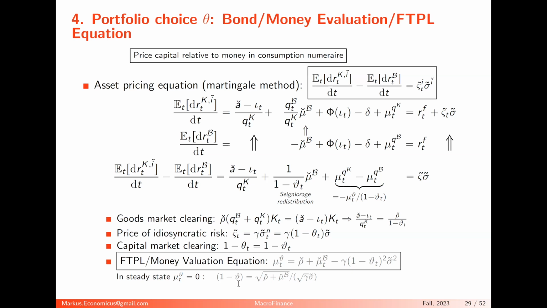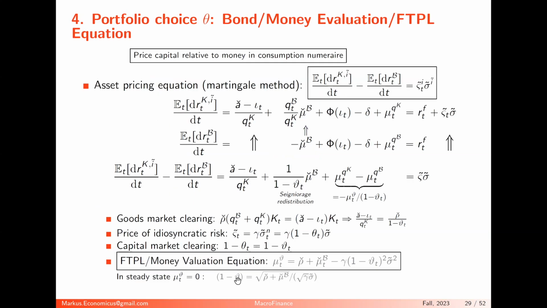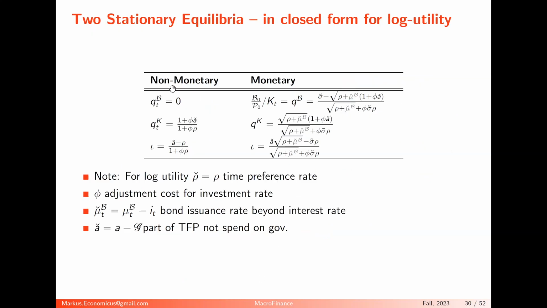Now, this was the open thing. The 1 minus varTheta was the thing in the formulas I didn't have. But now I have it in the steady state. And I plug it in. Of course, there's another steady state. If this varTheta is 0, that's also an outcome, okay? I plug it in. If the varTheta is 0, I have this non-monetary equilibrium. Otherwise, I have this whole thing. Oh, there the gamma's missing.